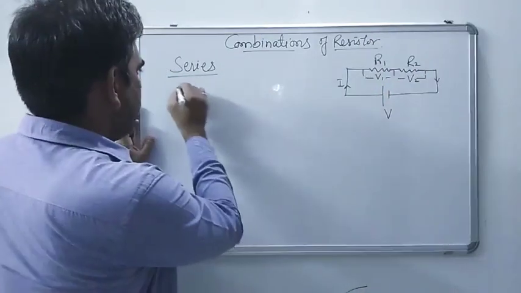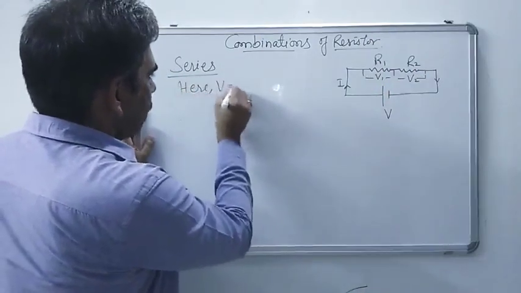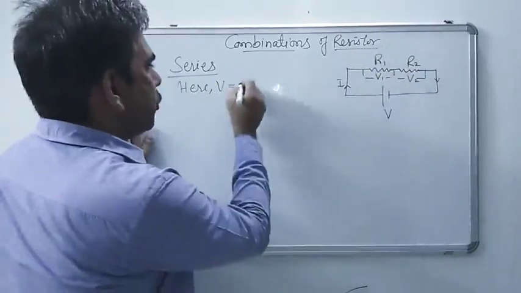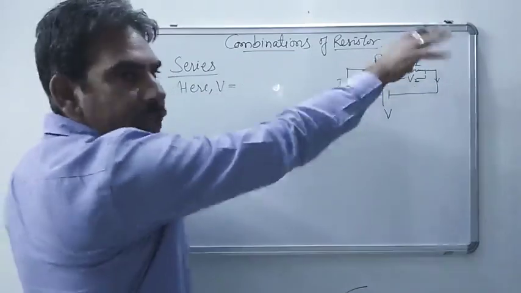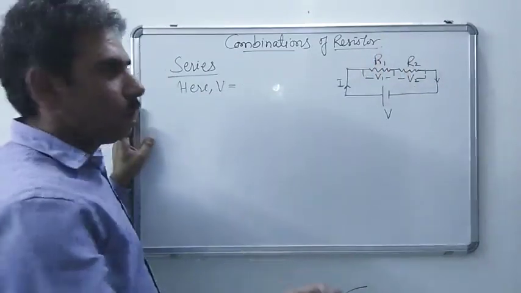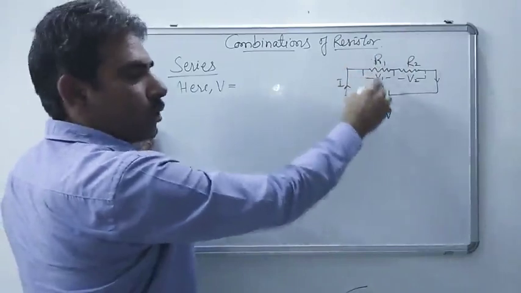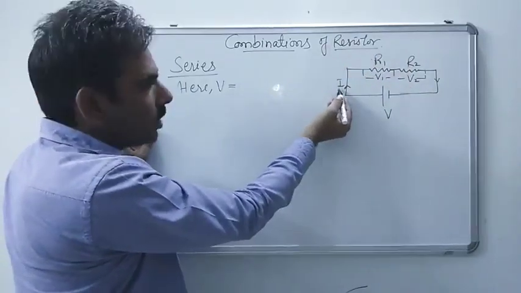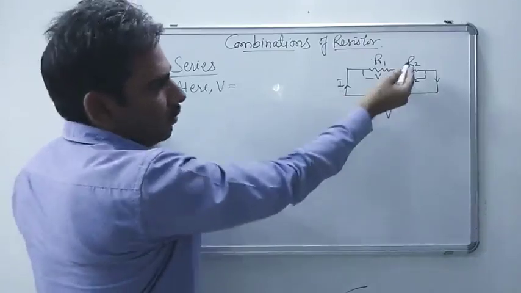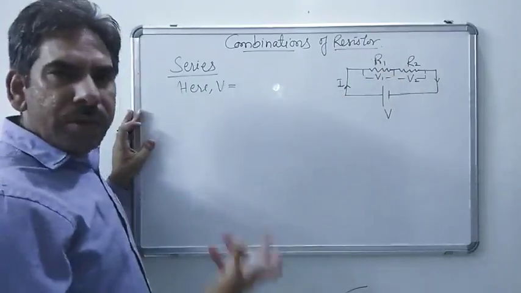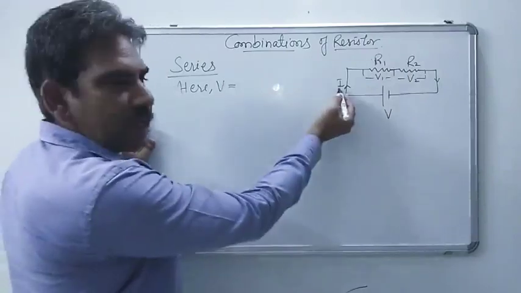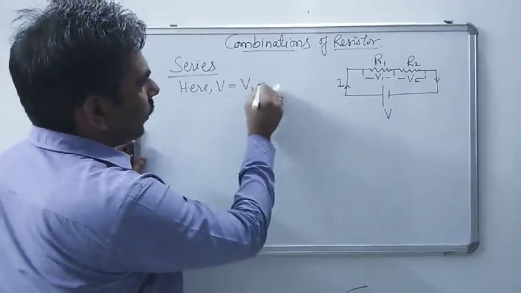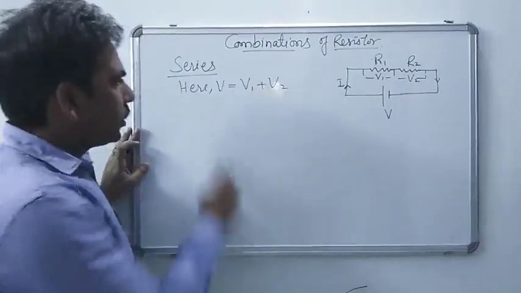So that means the net potential of the source will be distributed among the two resistors. So if there are three resistors, this will be distributed among three resistors depending upon their value. One which has a higher value of resistance will draw more potential because it will require more potential to allow the same amount of current through itself. And the other one which has a low value of resistance will take only less potential to allow the same amount of current through itself. So net potential V here is nothing but V1 plus V2. So this is the net potential.